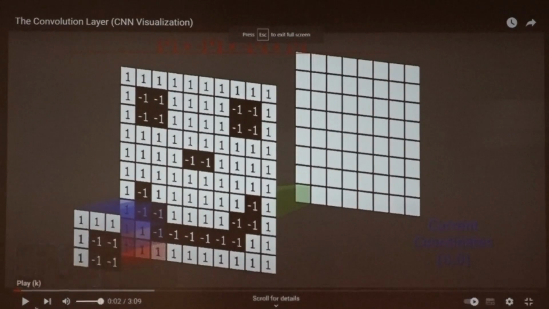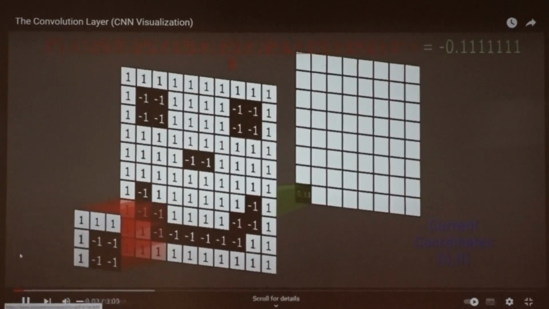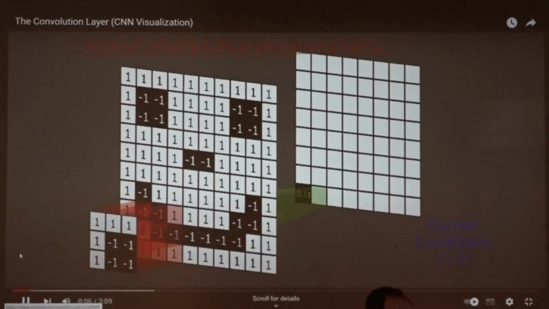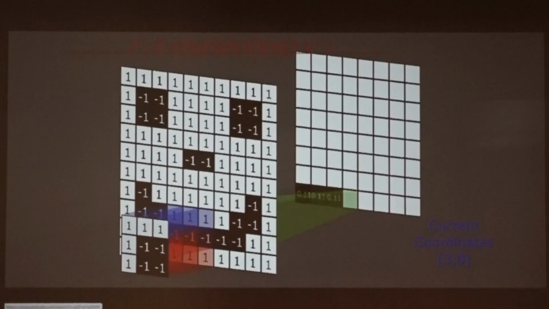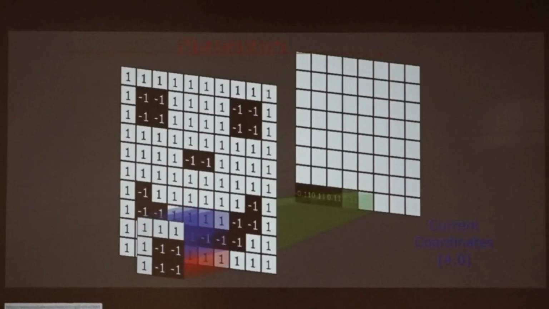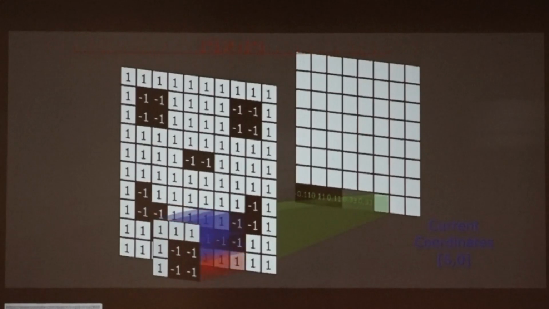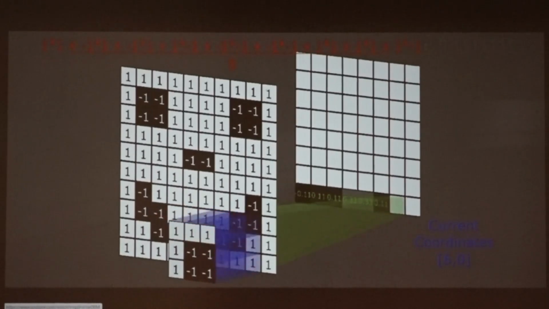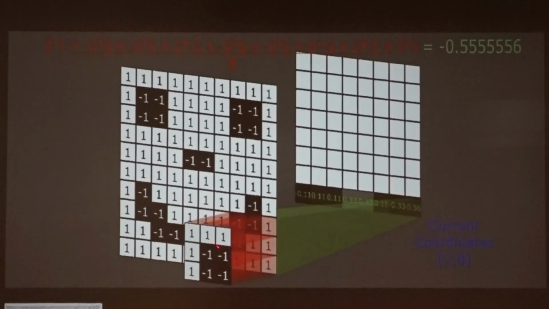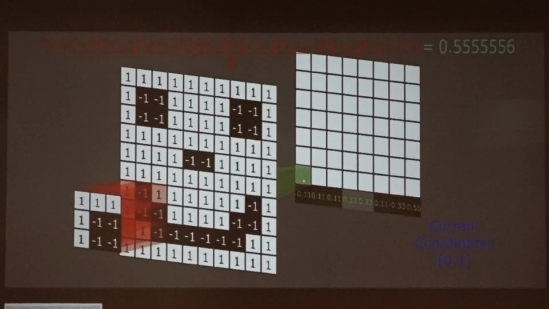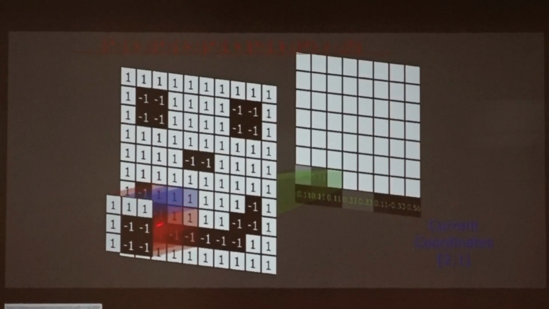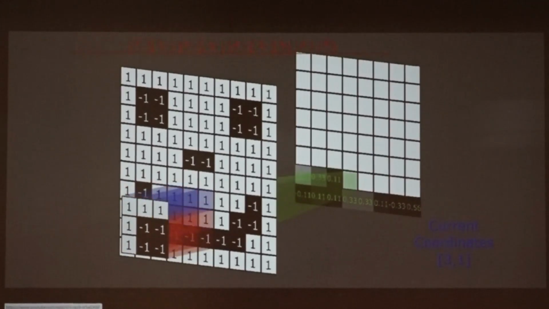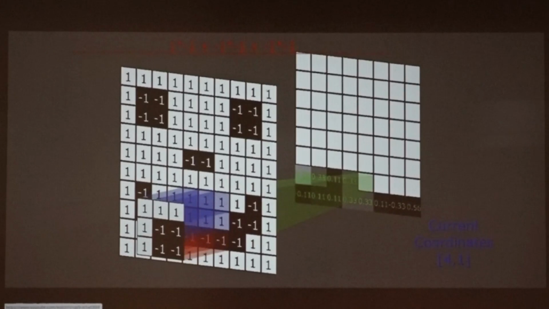Just have a look at this, how the convolution is going on. It is taking this part, it is a kernel, it is applying on this area and then it is calculating this pixel. This pixel is calculated by these elements. It is showing clearly where it is taking from. I hope you understand.